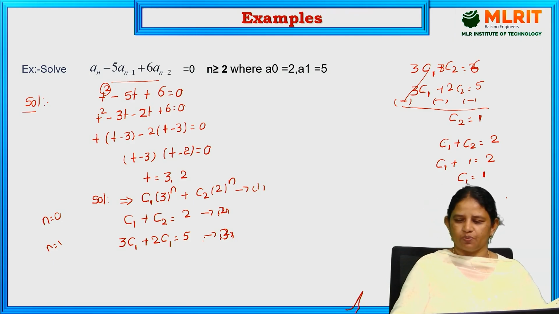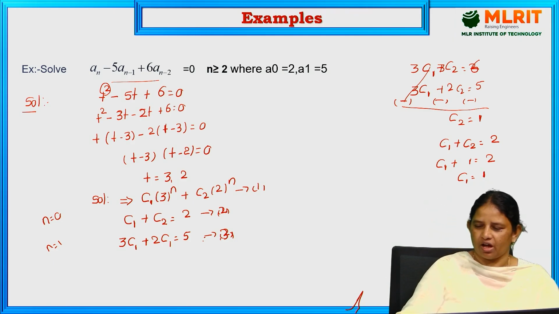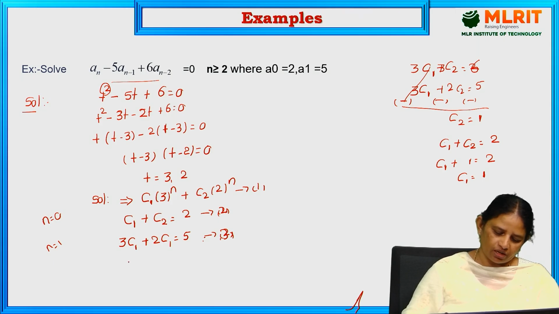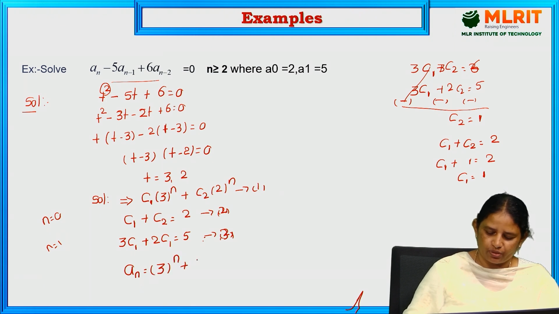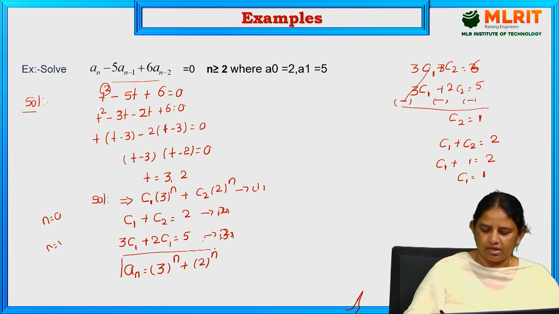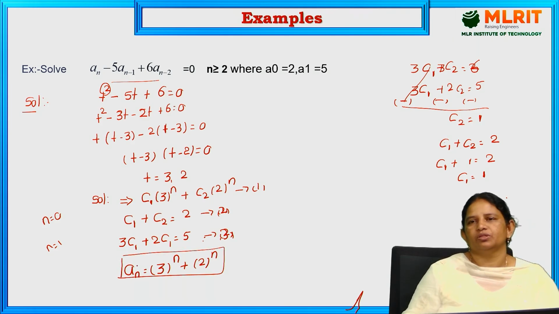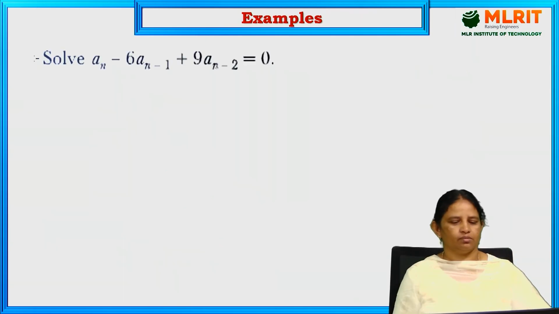So we substitute the c2 value and c1 value. Then the solution using characteristic roots is 3 power n plus 2 power n, which is the solution for the recurrence relation. Next,